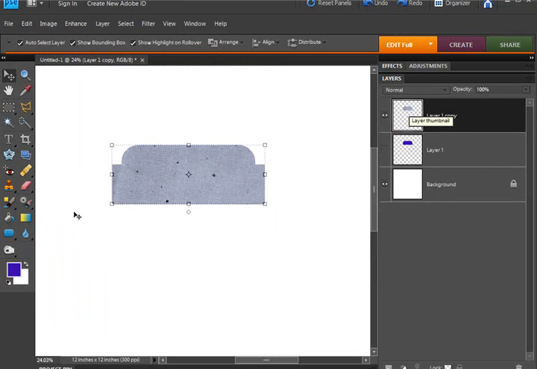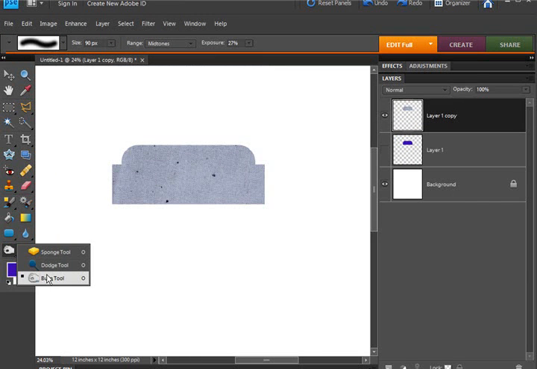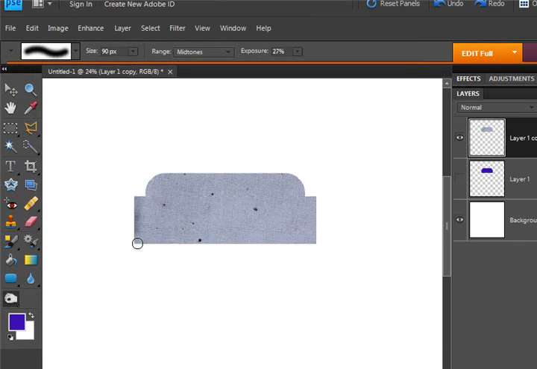So I have this template here. Some of the fun things you can do to play with it are to get the burn tool and burn the edges. Just however you want to do it, just kind of randomly rub this. You can change the settings up here. I have a 27 exposure, mid-tones. You can play around, see what different things you can get if you want to. So you can see right there, I